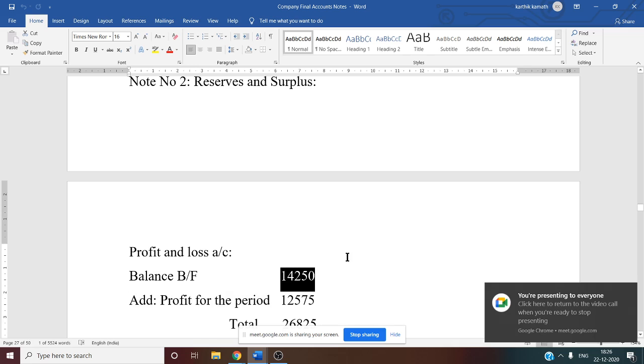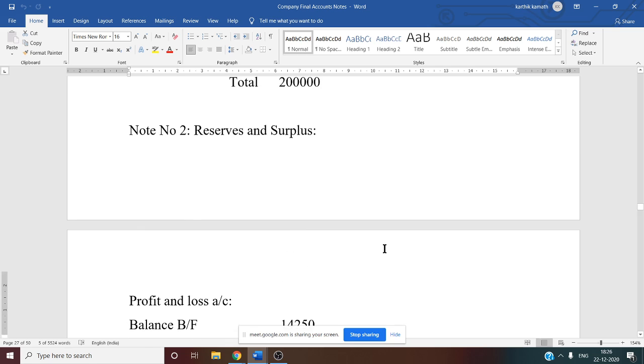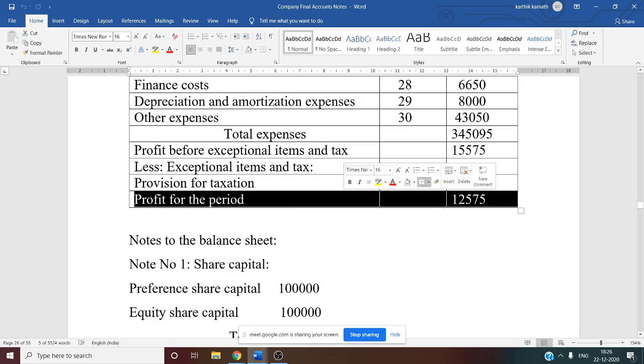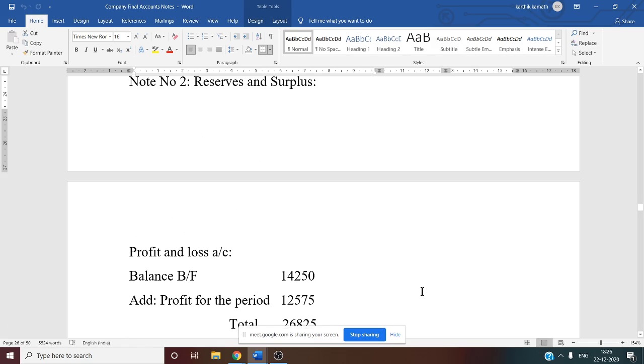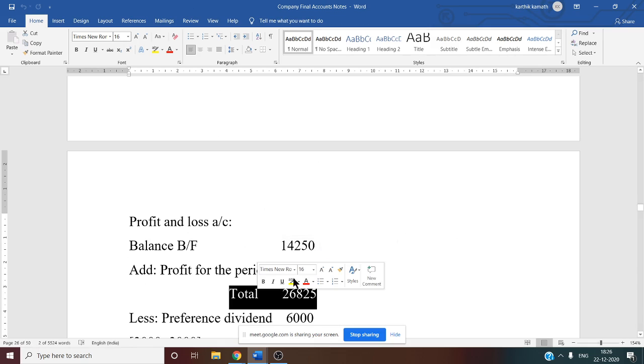So to this information, you have to add profit for the period. Where will you get this information? For this, you have to see the statement of profit and loss account, last line, see this, profit for the year, profit for the period, final answer, that is 12,575. This information you have to add to the profit brought forward. So now we have added 12,575. Now what is the total? 14,250 plus 12,575,